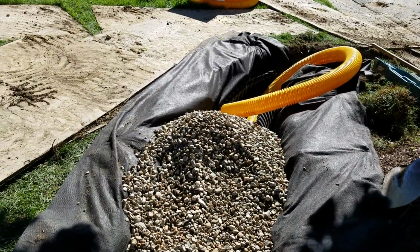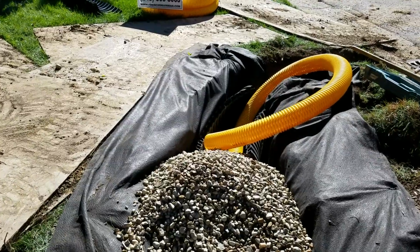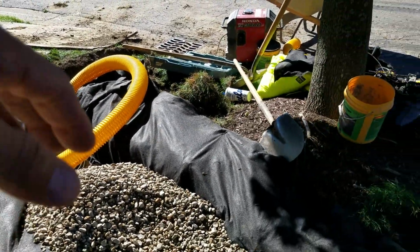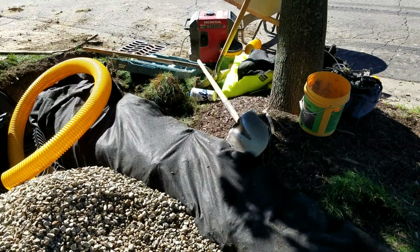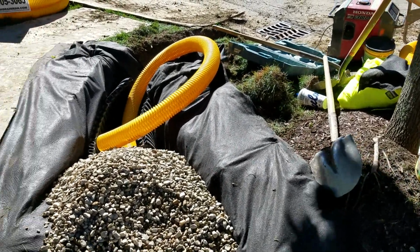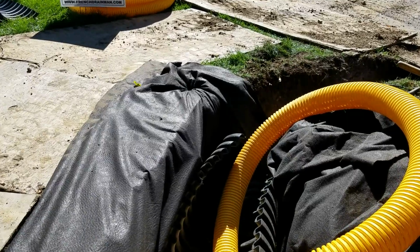Now I have videos up on how to build a French drain system around trees. I recommend watching it if you haven't seen it already. You have to do an overdig. Why do you have to overdig it? Because this tree, as the roots get larger, it's going to lift the ground and everything. It doesn't matter if it's a sidewalk or a French drain system. So you overdig it knowing that over time it's going to raise this system. So we did an overdig here. The other thing that we do,